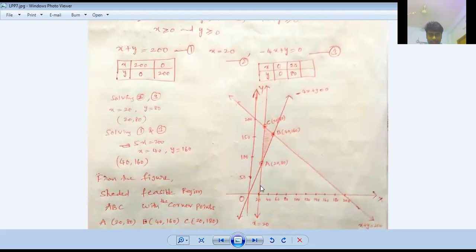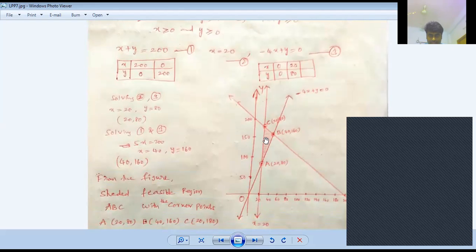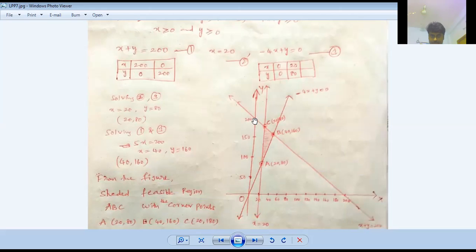Okay, after taking points, let us go for taking graph there. Okay, see here, first of all, x equal to 20 is a vertical line, x equal to 20 we will draw. And here 200 comma 0 we will take, a point on the x-axis, and 0 comma 200. So this is 0 comma 200, this is 200 comma 0. We'll draw one line and passes through point of intersection also, that we have to identify, because we have to find point of intersection.